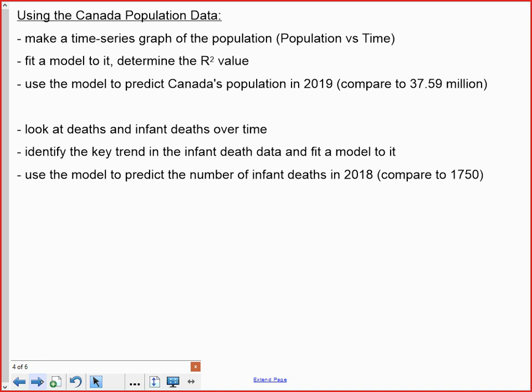Then we've got some information on deaths and infant deaths in Canada over time. We're going to do a little bit more in-depth analysis here. So we're going to look at this data and try to identify the key trend in the infant death data and then fit a model to it, and use that model to predict the number of infant deaths that we would expect from that model in 2018, and compare it to the actual number, which for 2018 was 1,750 deaths. Okay, so that's where we're going. So if you've got Excel, now's the time